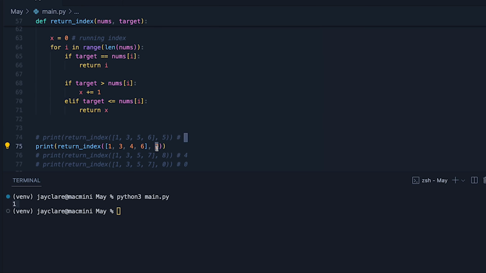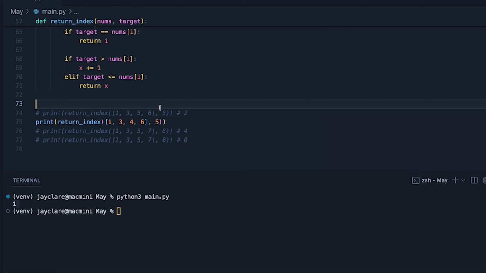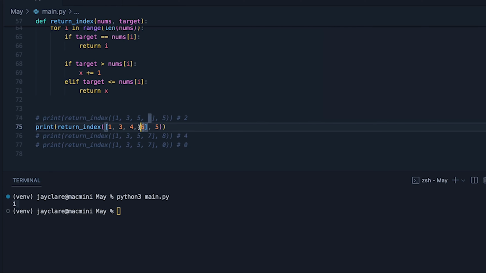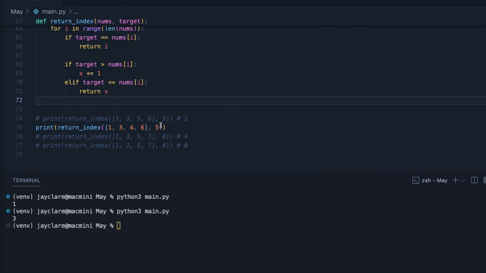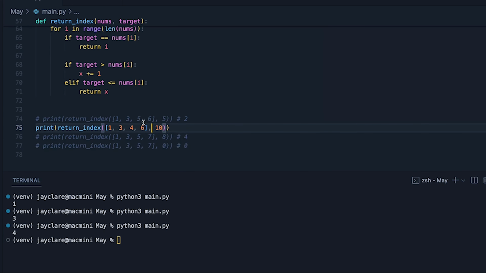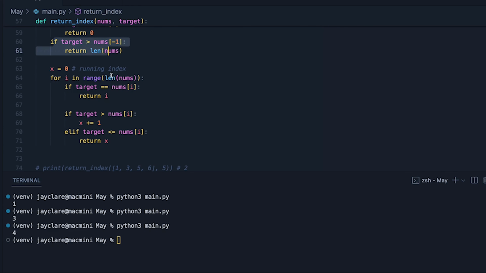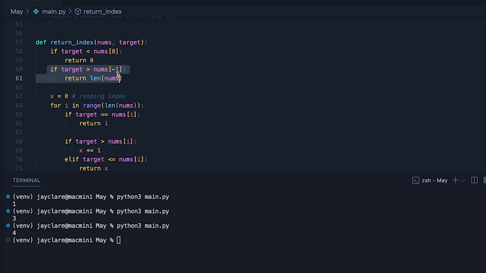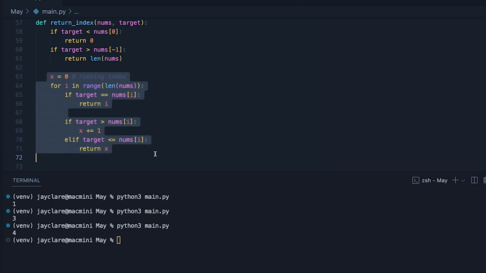Let's try it with 5 here. So this would expect to go just before the 6. So 0, 1, 2, index 3. So I want to see 3 come out now. And we do. Let's try 10. And with 10, we get this one happening here. So we can see this is working fine, this is working fine, and this idea with my running index is